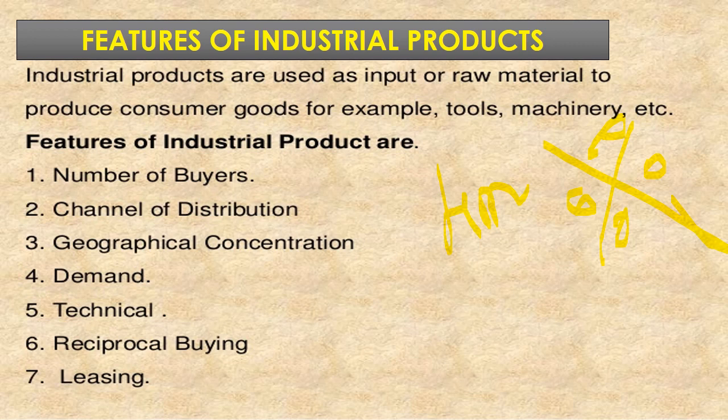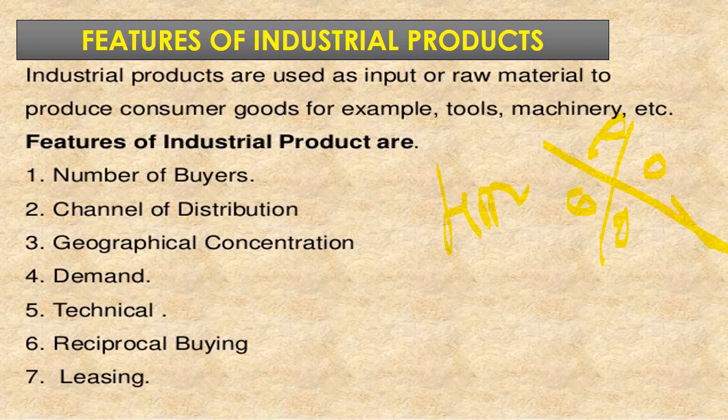Now if you talk about the channel of distribution in consumable goods, you have the manufacturer who manufactures the goods, then he sells it to the wholesaler, the wholesaler sells it to the retailer, retailer sells it to the consumer, and all these people go ahead and they again resell the goods to different other customers or different other intermediaries. But when it comes to industrial goods,